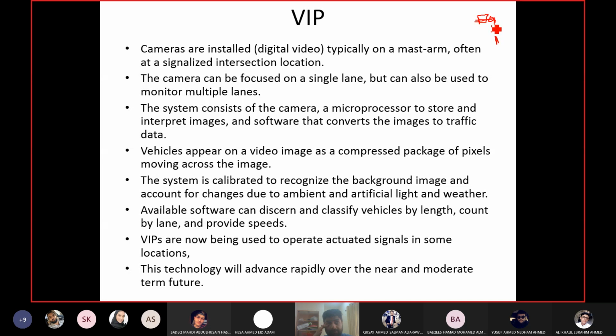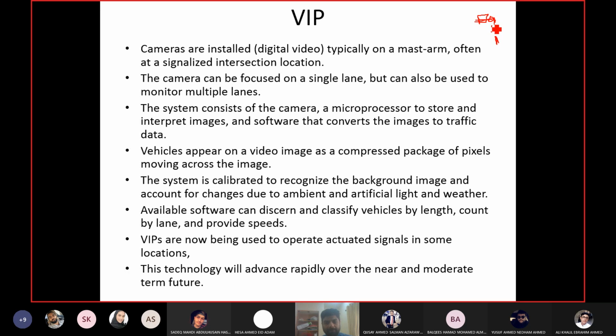This calibration procedure is not usually very difficult. Like when you install software on your laptop or your mobile and start it for the first time, it asks you for options: you want to enable this option, you want to disable this option. The same goes with these traffic cameras. Once you install and start them, they ask you for these calibration steps.